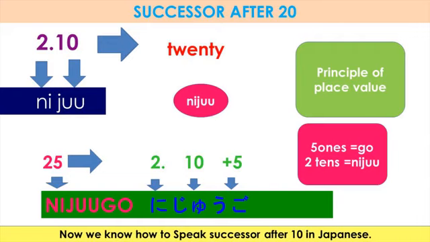And you can see in the purple box I have already written the place values of these. The place value of 5: 5 is at the 1's place, so that will be Go. And at the 10's place we have 2, so that will be Ni Ju, because the place value of 2 will be 20 in 25. So the number will be Ni Ju Go.